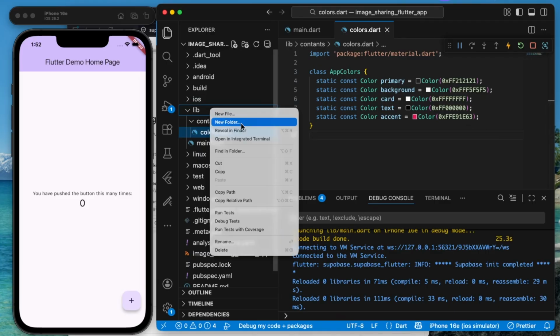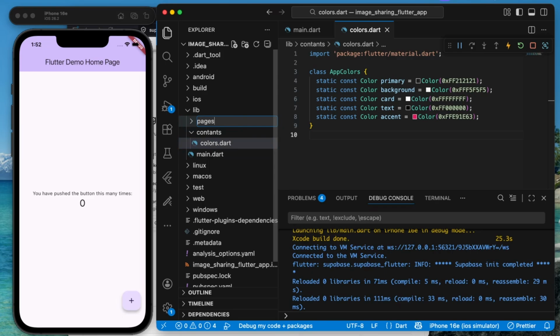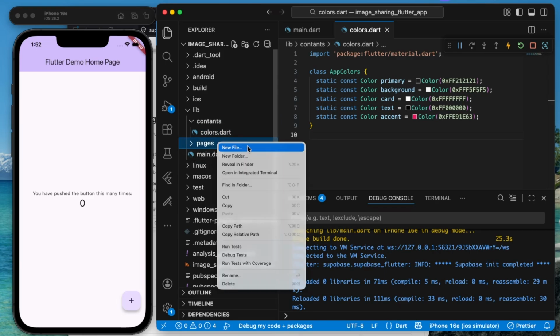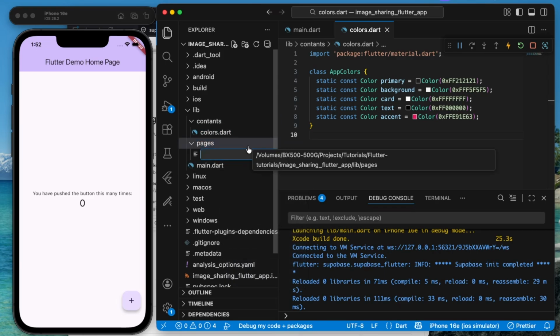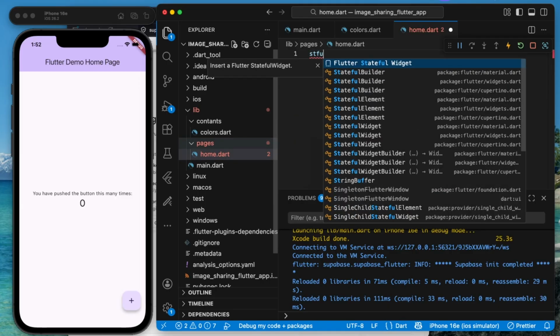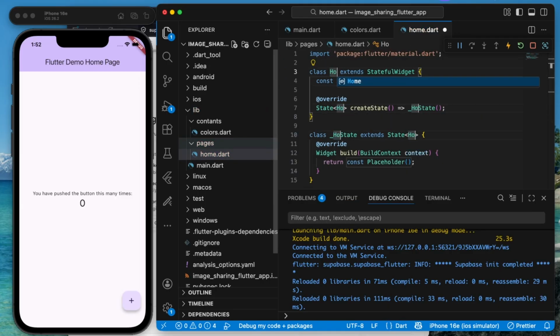First, inside the lib folder, we'll create one more folder. This will be our pages folder. We will create another new file. It will be home.dart. Here we'll have a stateful widget. The name of the widget will be HomePage. And now